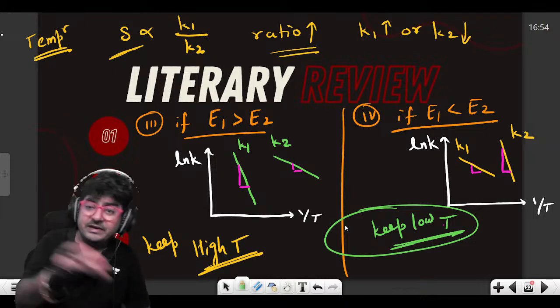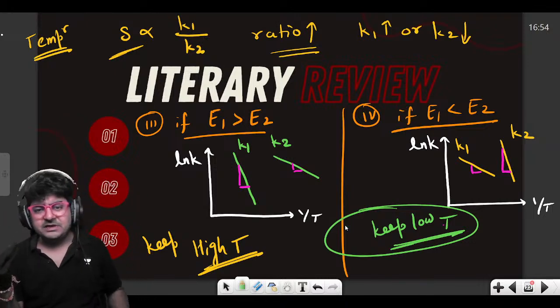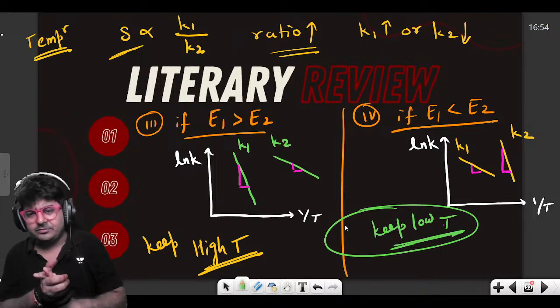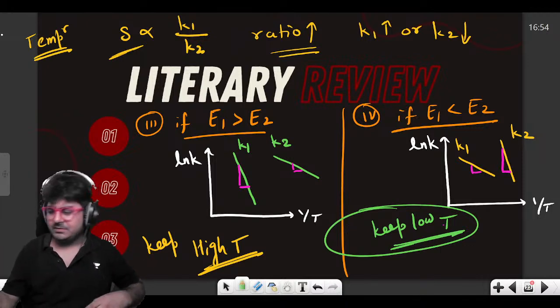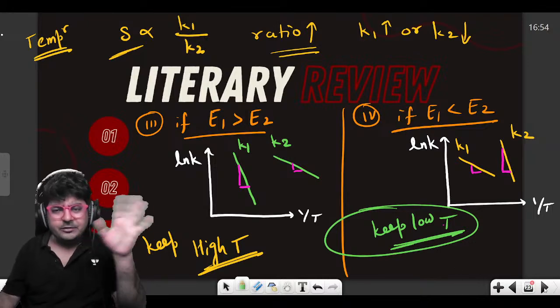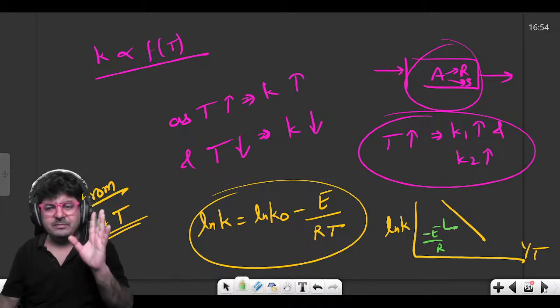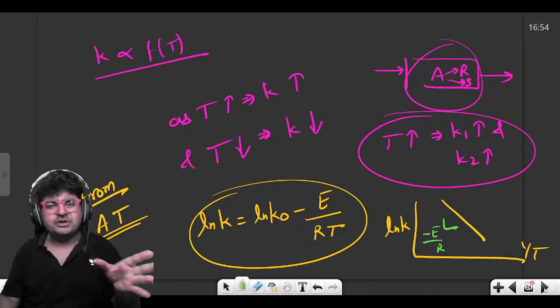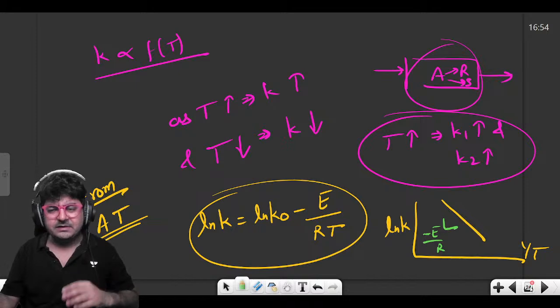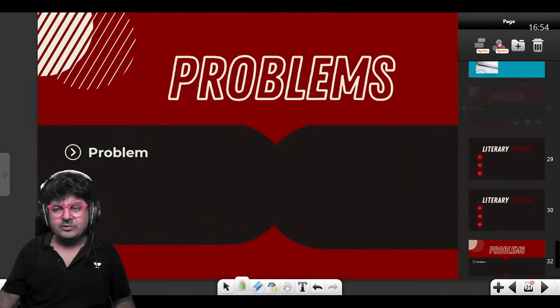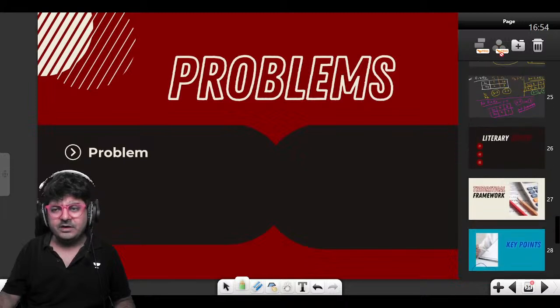Clear? इसलिए मैंने बोला न्यूमरेटर का एक्टिवेशन एनर्जी ज्यादा है तो टेम्परेचर इंक्रीज करेंगे, डिनोमिनेटर का ज्यादा है तो डिक्रीज करेंगे, ऐसे आप सोच सकते हैं, सिंपल लॉजिक है। तो आई होप यू अंडरस्टैंड ऑल दीज केसेस। इसके ऊपर आपके बहुत क्वेश्चन आए, इफ यू सी लास्ट 25 ईयर पेपर्स, आपके ऑलमोस्ट 7-8 क्वेश्चन यू विल फाइंड ऑन सच केस, ठीक है। अब किस तरह के क्वेश्चन आते हैं वो देखते हैं, तो एक छोटा सा प्रॉब्लम करते हैं फॉर अंडरस्टैंडिंग पर्पस।